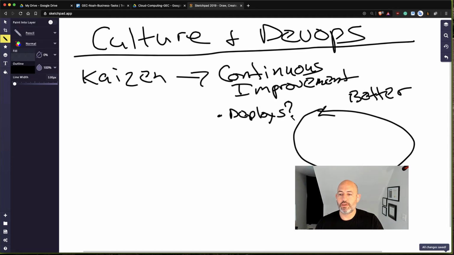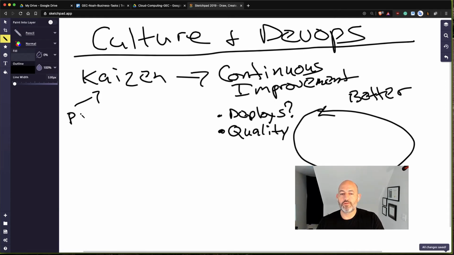What about the quality of my code? Is it getting better? And this is a Japanese word. Kaizen literally means continuous improvement, and it comes from the